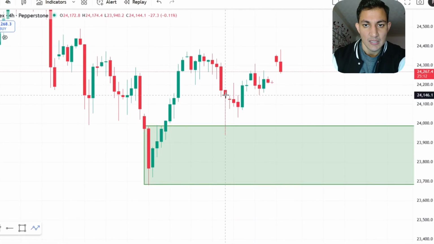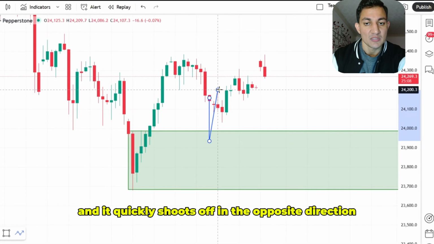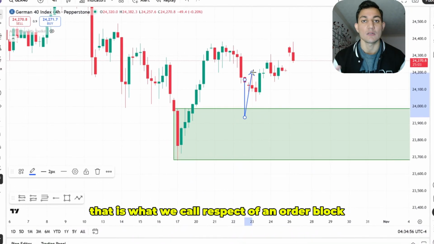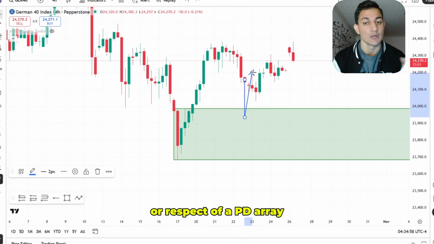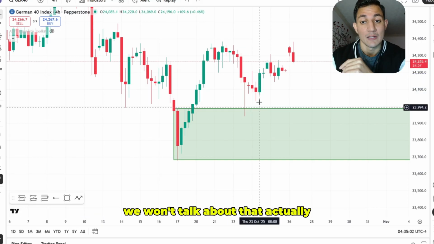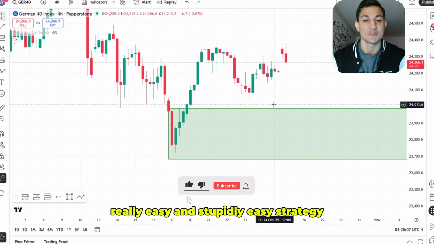Can you see how this wick literally instantly taps the order block and then quickly shoots off in the opposite direction? That is what we absolutely love in price action. That is what we call respect of an order block or respect of a PD array. But we'll talk a lot more about that on the lower time frames. Well, we won't talk about that. Actually, we're going to talk about entries, because this is a no BS, really easy and stupidly easy strategy